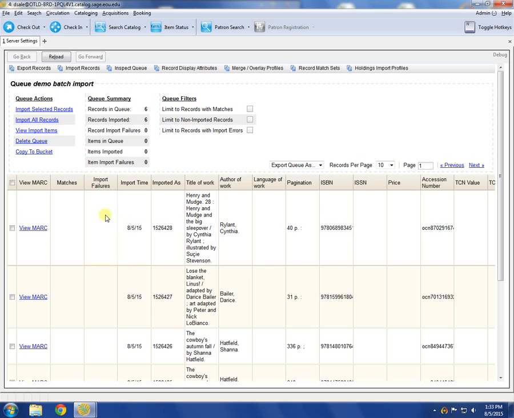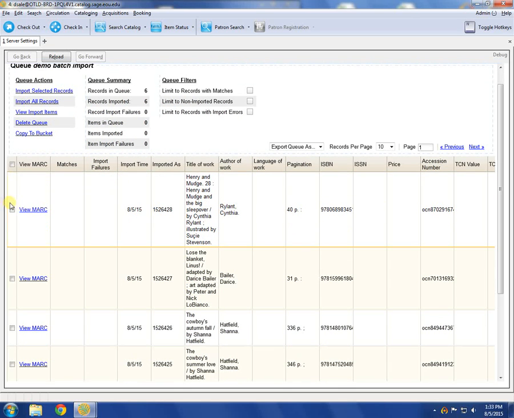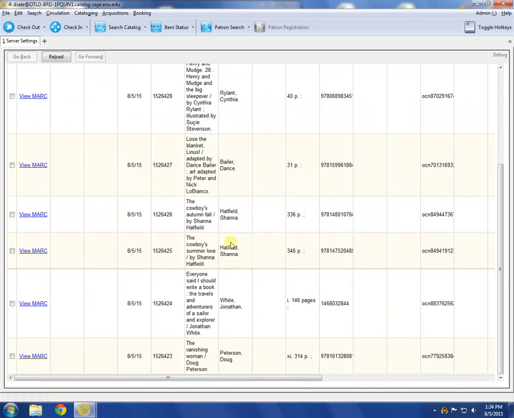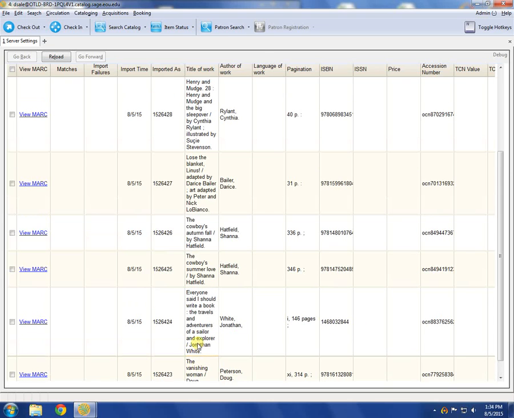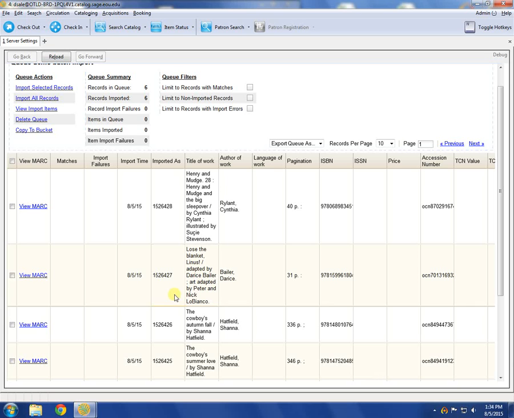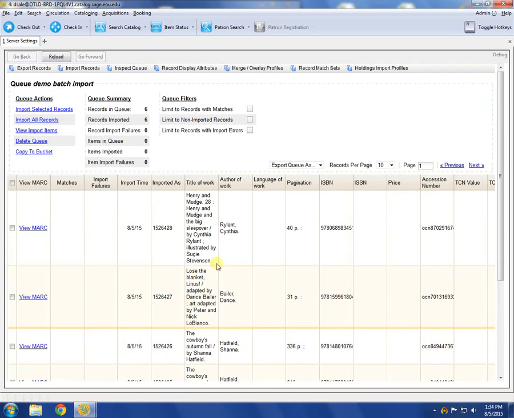So now in this display here, it actually breaks out all of the individual records that are in this batch file. So you have a chance here to look over the records that you'll be importing and make sure that you're not importing anything that you don't want to, or that you might have any duplicates in here or anything like that. So once you've double checked and you're ready to go, then you can simply click on import all records to pull in all of the ones that you have